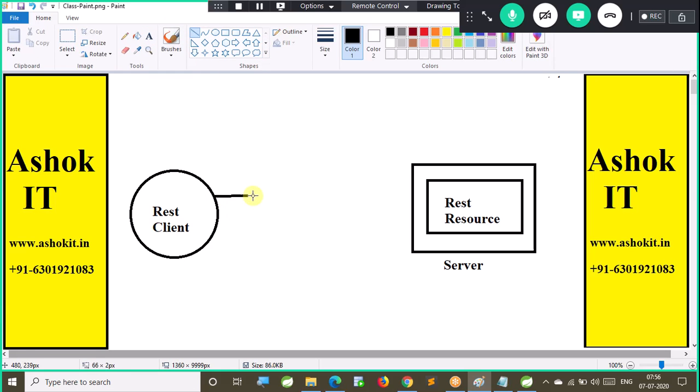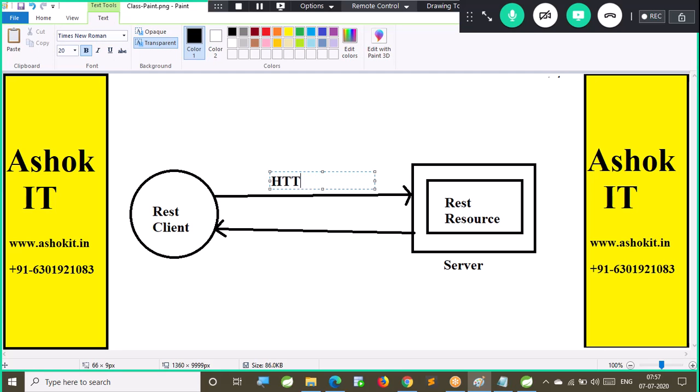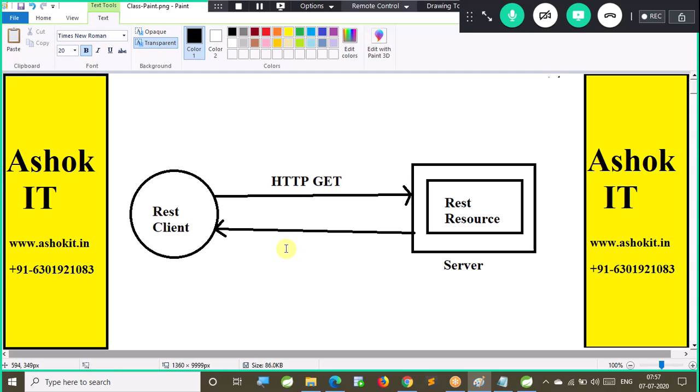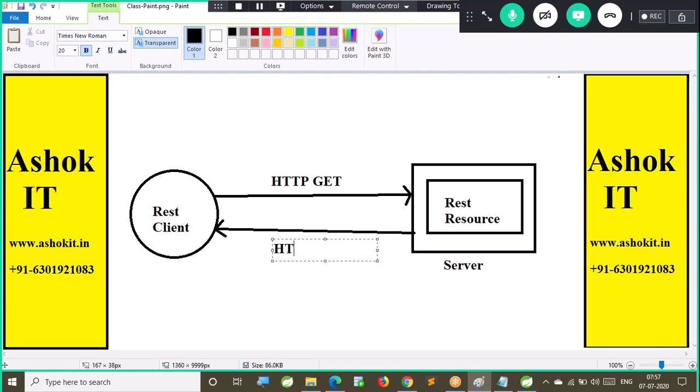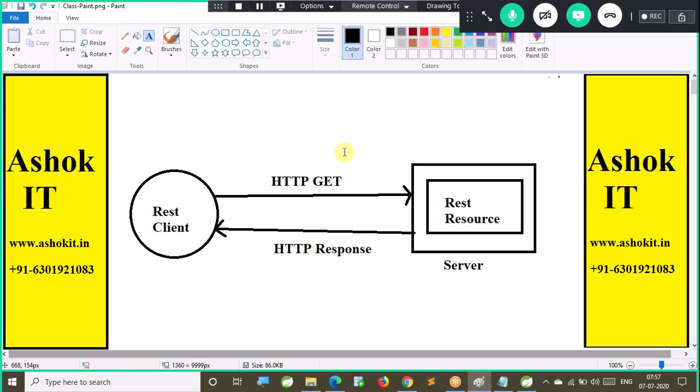Now the client is going to make a request to the server. Now the server is going to send the response to the client. This is called an HTTP GET request, and we are going to get an HTTP response from the server.